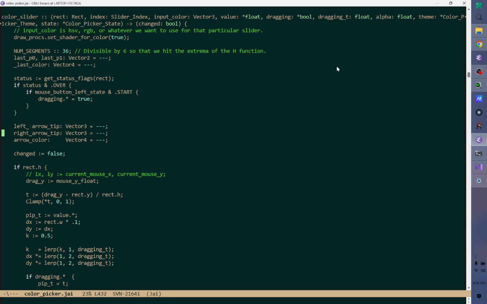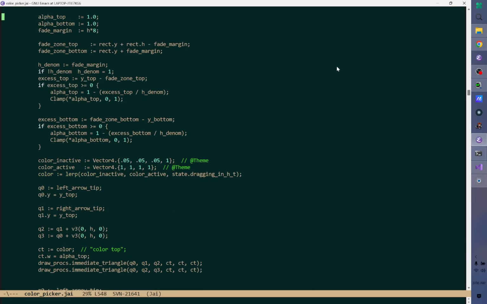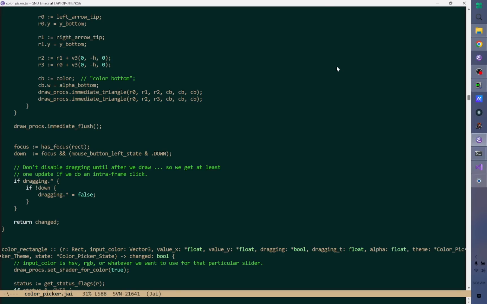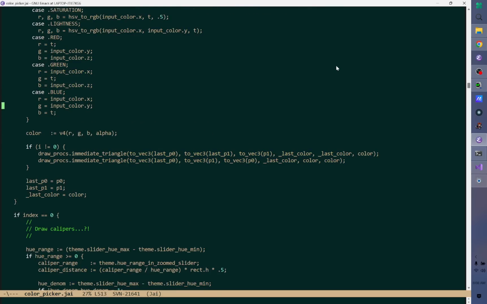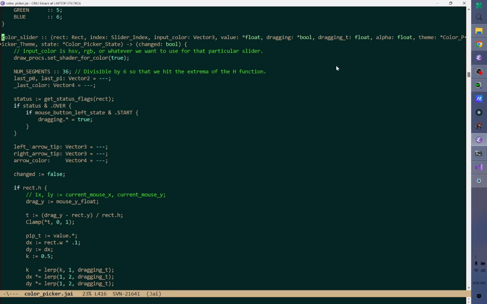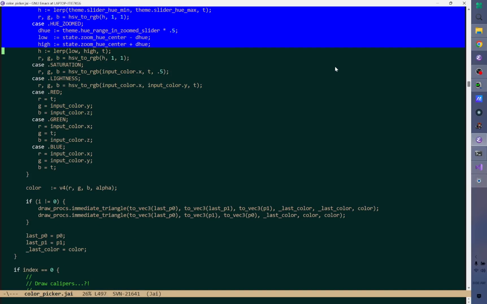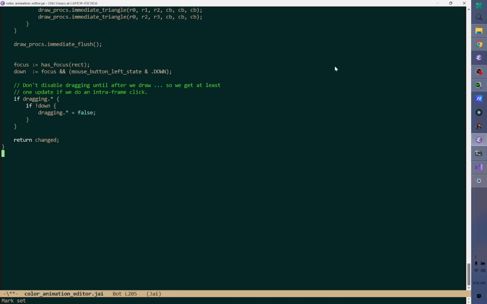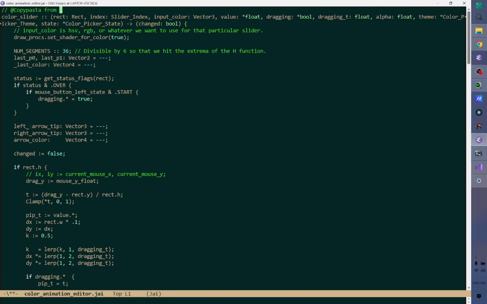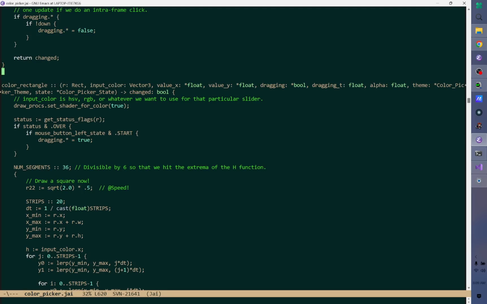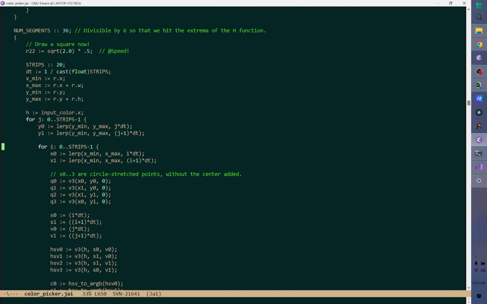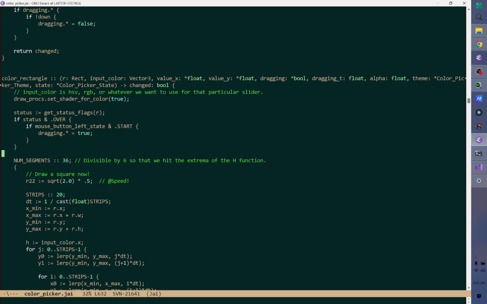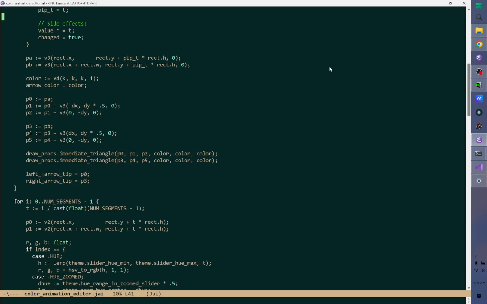Color slider. Yeah, okay, here's the arrow stuff. We're going to copy this. We're just going to start by copying some code and getting it to compile. Okay. Now, when this draws,